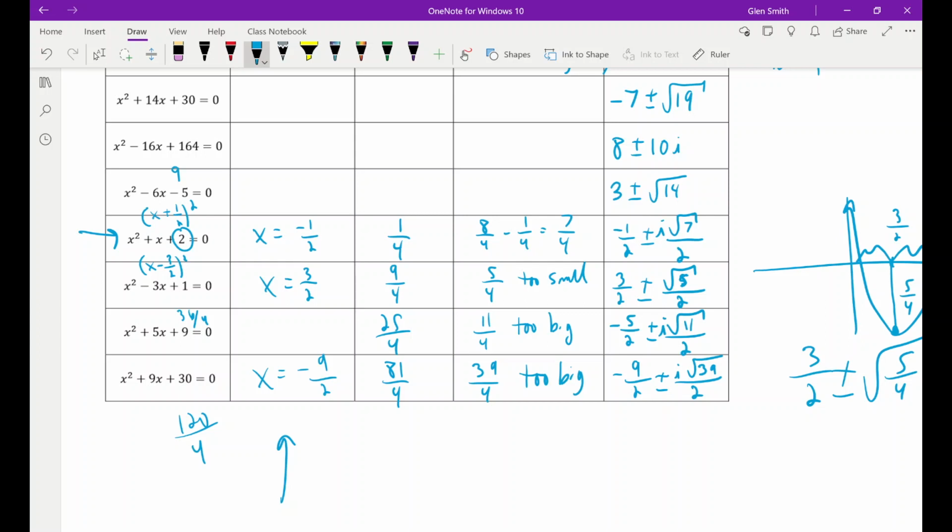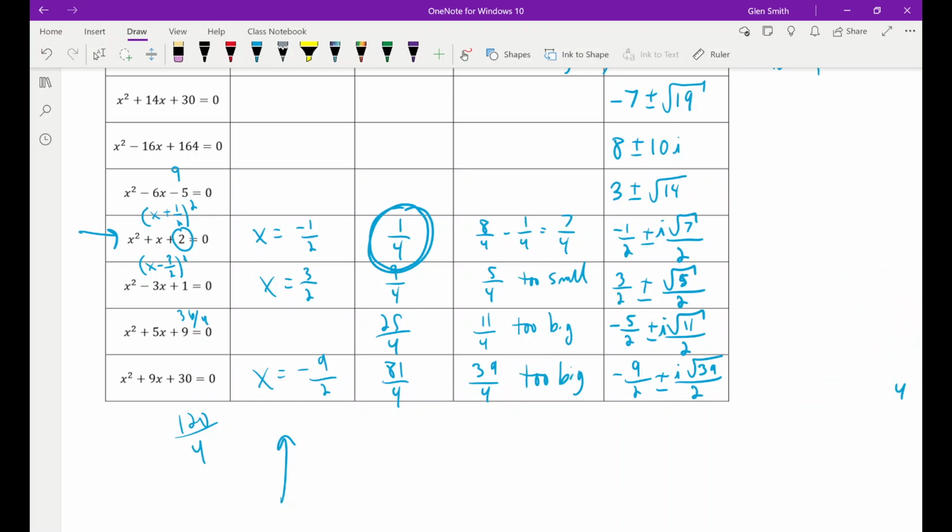If we go back to that example real quick, hopefully you noticed it when we went through it. I said the number we need is 1/4 to be a perfect square because it was a 1 here. But I have 2, which is 8 fourths. So it's 7 fourths too big, which means it got moved up 7 fourths, which means my roots are imaginary. Okay. And last but not least, if you're still with me here,